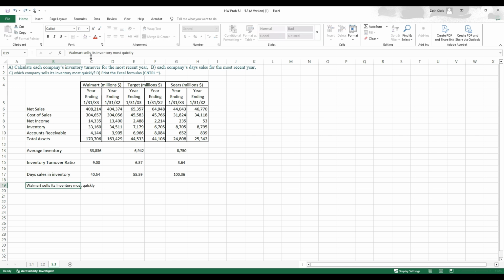I think it has no apostrophe. It's inventory as opposed to it is. So anyway, okay. Grammar aside, I think that's everything we need in this problem, and hopefully you all find this helpful,